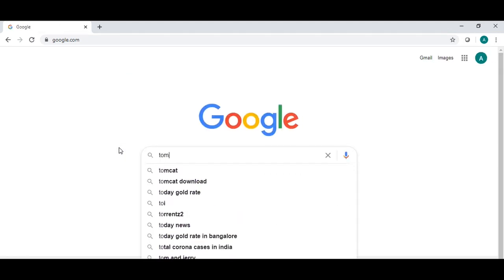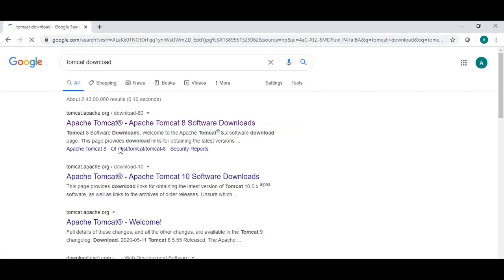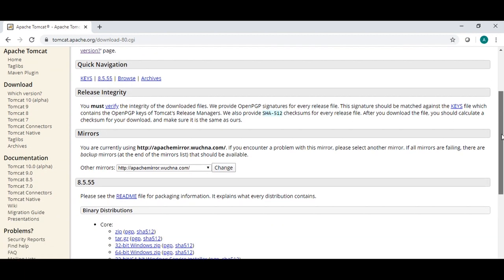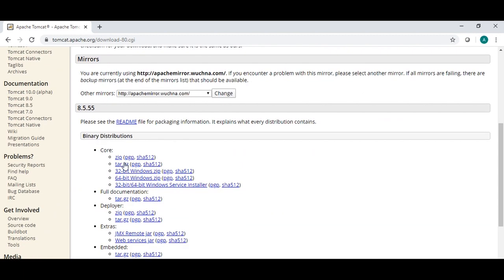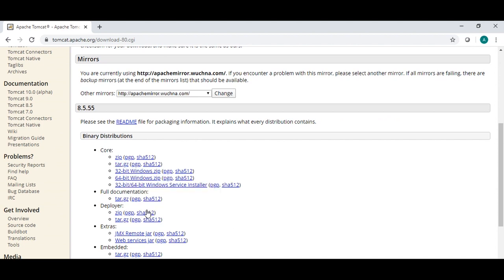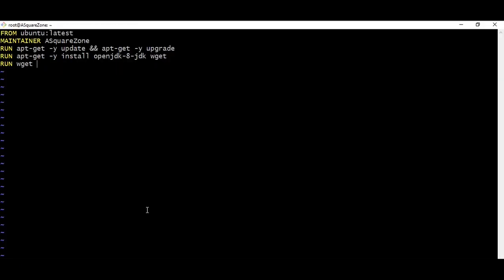So for Tomcat, we will go to the official website here and check Tomcat 8. Here we need to copy the URL link. So first we need to get it from the internet. Open link address. So I'm providing the URL here.